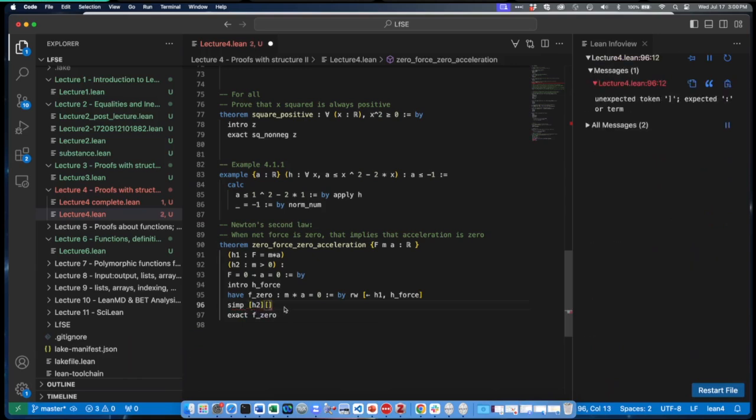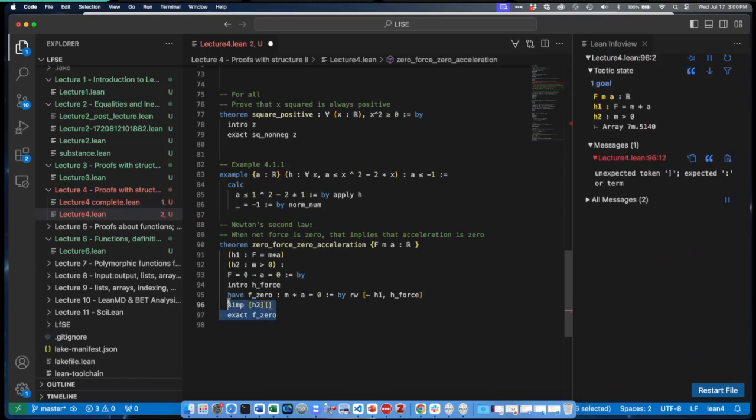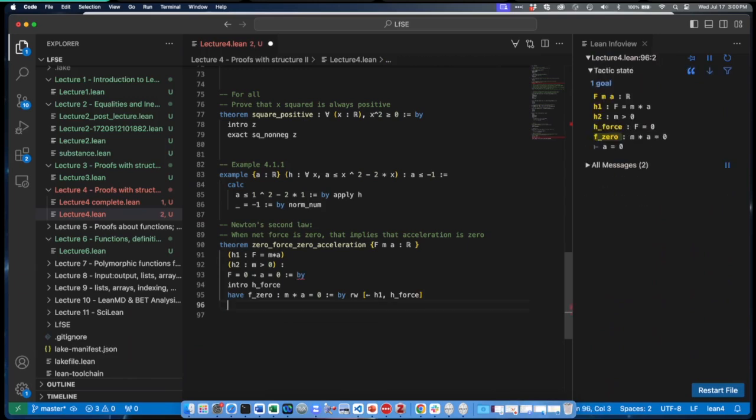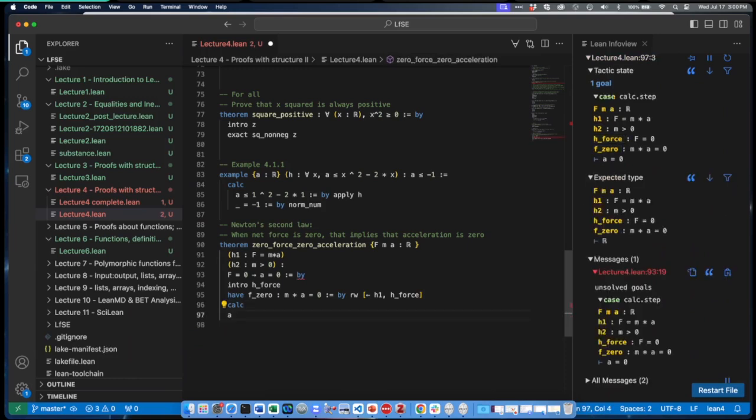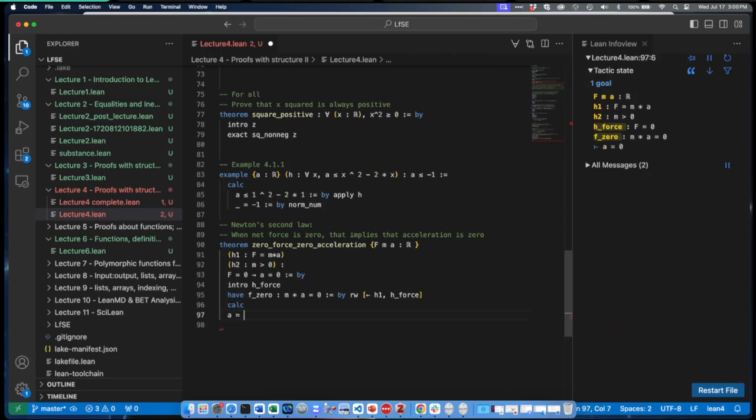Would a simple calc work? We could totally do a simple calc. Let's try that. So that's the version that I had in my answer sheet. Let's try a calc block. So I need to prove that a is equal to 0. So let's say a is equal to,